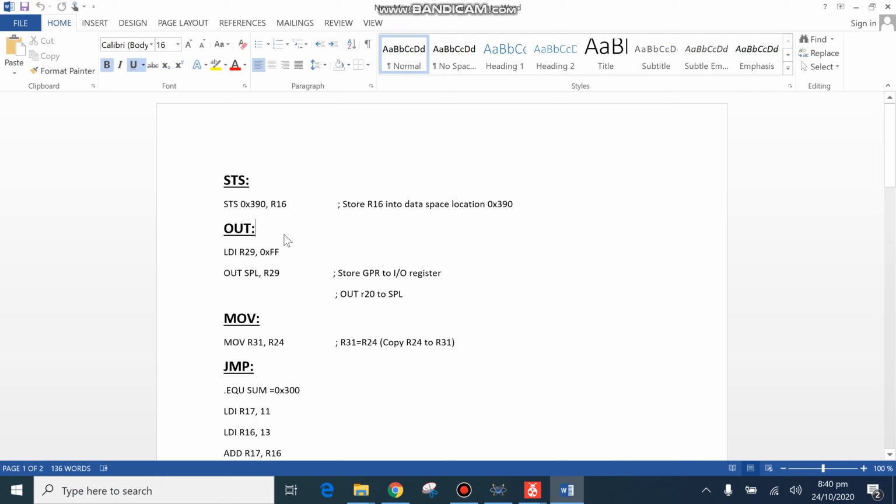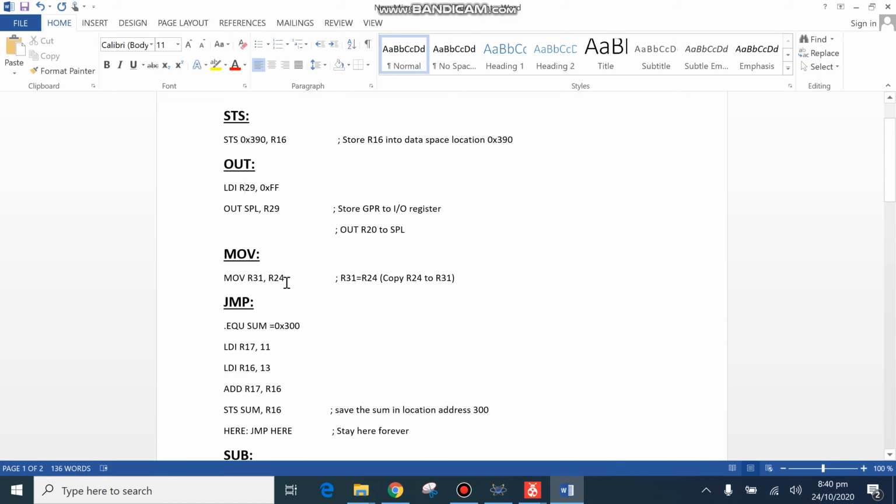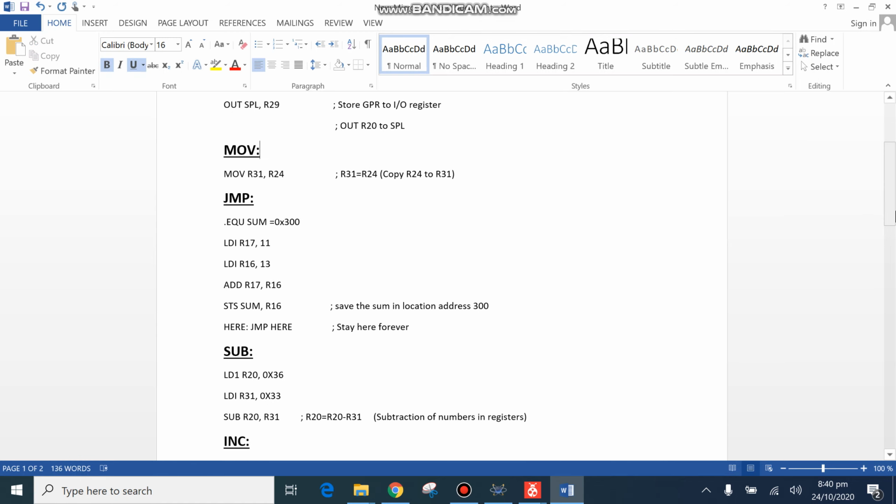Now it stands for output. As you can see, I have given it the code. Basically it gives output R22 SPL. It stores a GPR to any input or output register. As you can see, it's totally the opposite of input. Now coming to this, I have moved. This is basically move. I have moved R24 data into R21. I have moved the first register's data to the second register. In the JMP command, what we have to do is that the data will be saved there forever. As you can see, I have